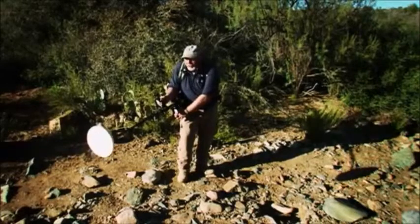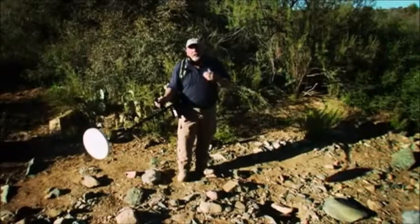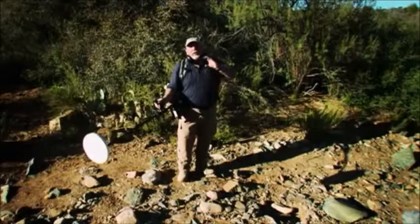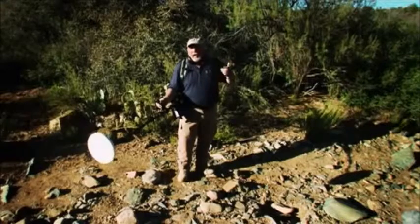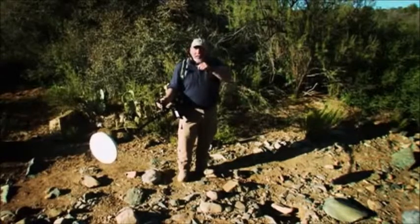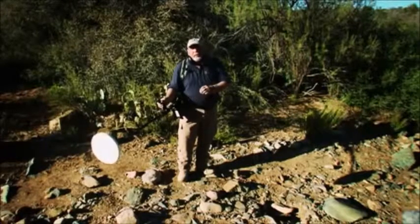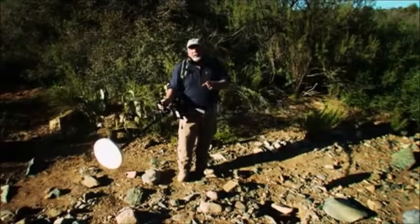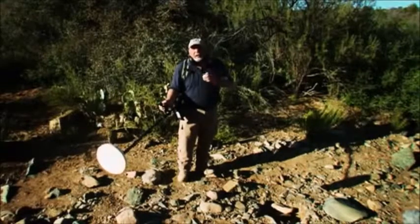press the black auto tune button, and it takes about 60 seconds for the machine to go through the 256 different channels. And what we're doing right now is we're eliminating the EMI, electromagnetic interference, that's caused by power lines, aircraft, even other detectors that could be on the other side of this hill. So we'll go through the 60 seconds, and once we're done, the machine will beep 3 times. Noise canceling is complete. The GPX series detector has automatically picked the proper channel to give you the least amount